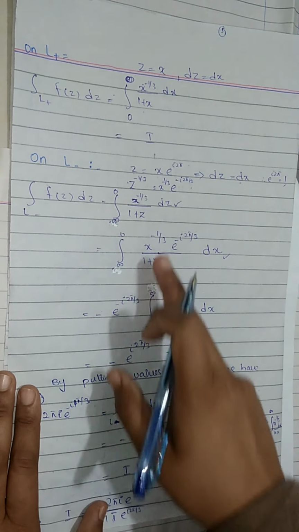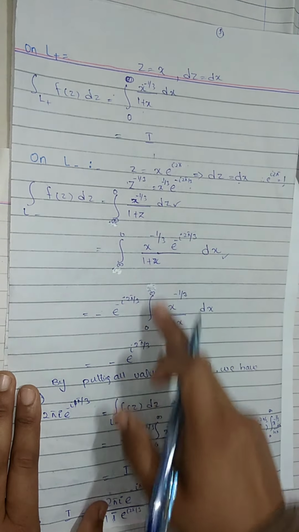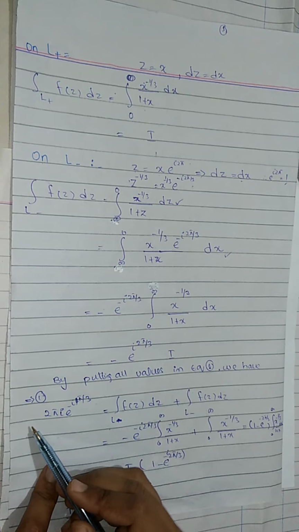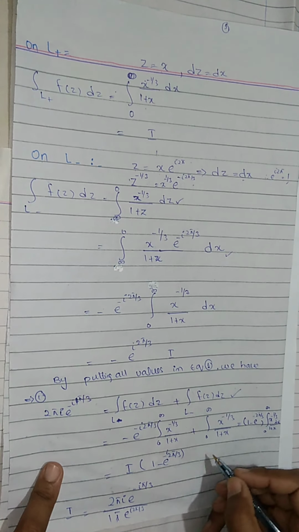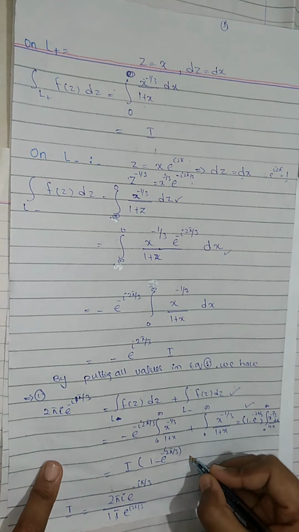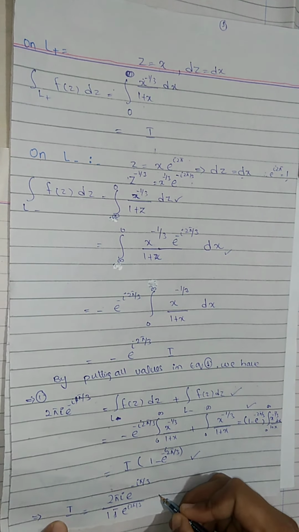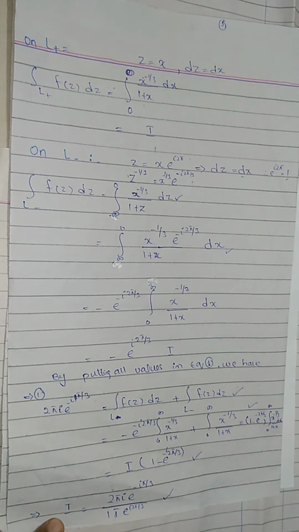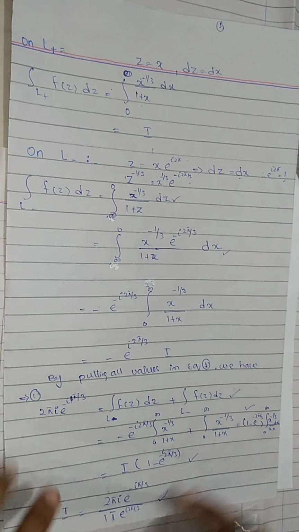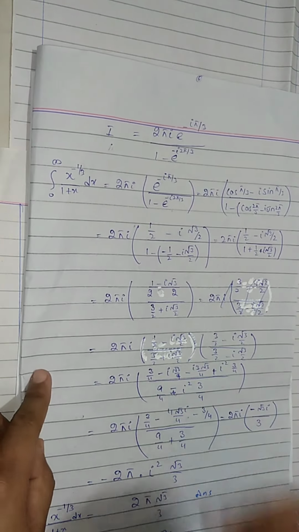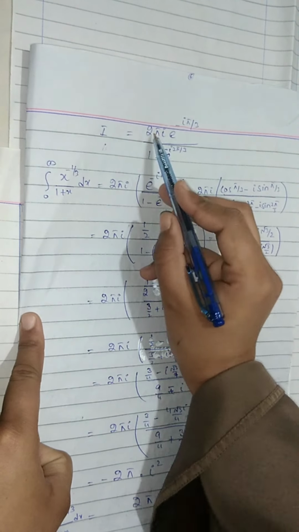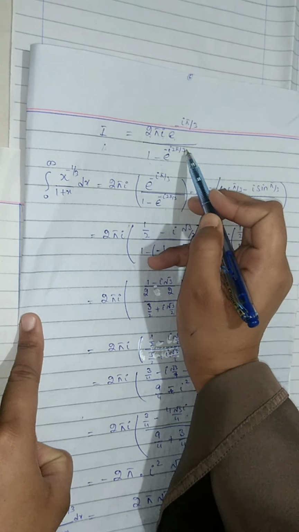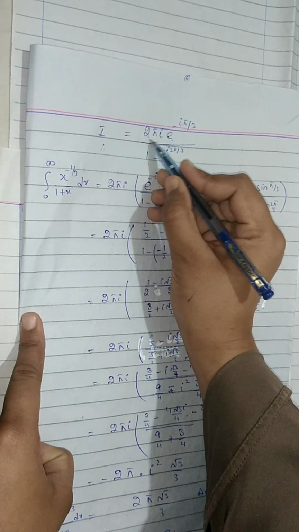So z^(-1/3) is equal to x^(-1/3) e^(-i2π/3). Just put the values of z and dz in place of dz and z^(-1/3). We have the integral in the form of a function of x. e^(-i2π/3) is not a function of x, so we put it outside the integral. By changing the limits of integration we have this minus sign, and the limits are 0 to infinity, of x^(-1/3) over 1 + x, which is equal to I.